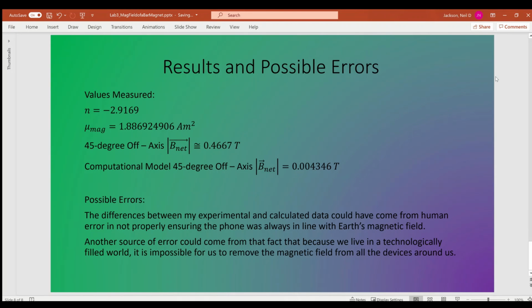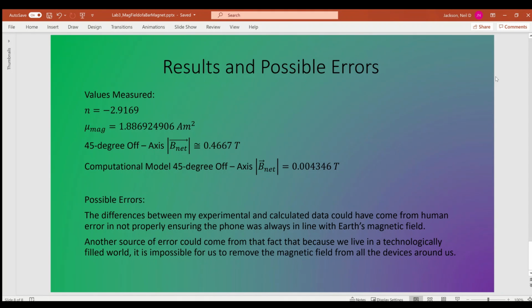And for my results and possible errors, I got that my n value would be negative 2.9, which is approximately 3, which is the true theoretical value. That's good stuff. I got that mu mag is approximately 1.89 amps meters squared, and then the off-axis magnitude of the magnetic field was 0.466, whereas the computational model 45 degrees off-axis magnetic field was 0.0043. And the possible errors